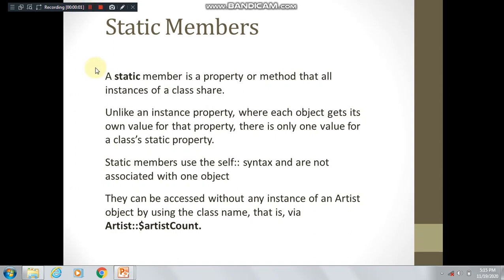Hello students, now we'll look at the next concept of classes and objects. Here we'll start with the static members, which are similar to C++ or Java static members. It is a property or method that all instances of a class commonly share. Usually the individual property of an object is different, right? So for every object one instance of that particular property is created, but